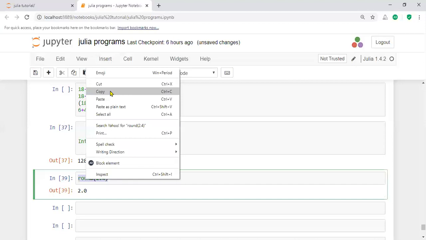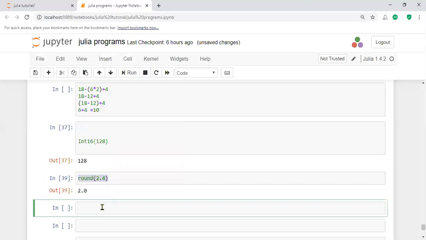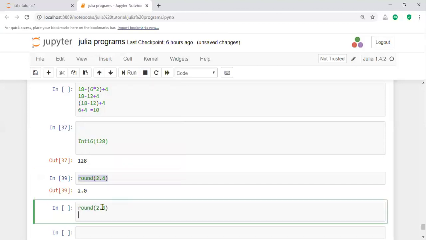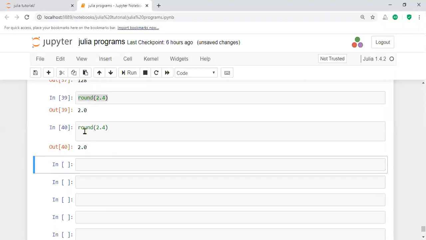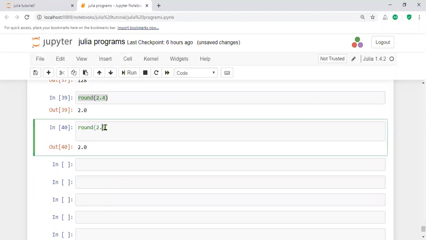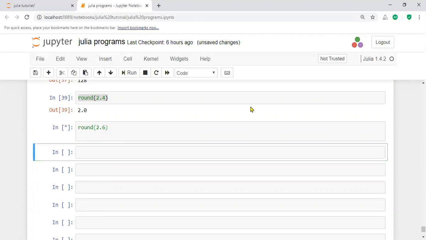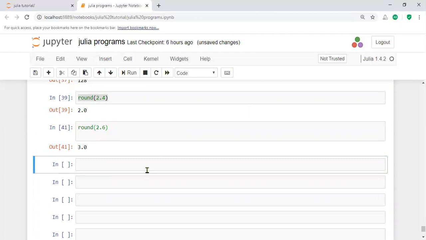What is the result in this case? For example, 2.5 or more, that value is rounded to 3.